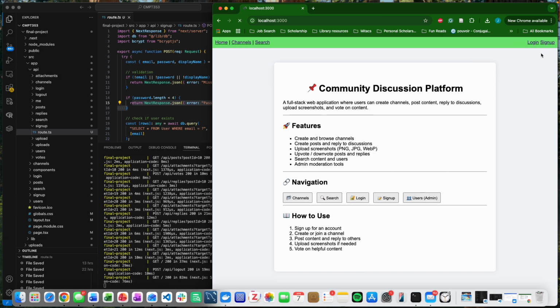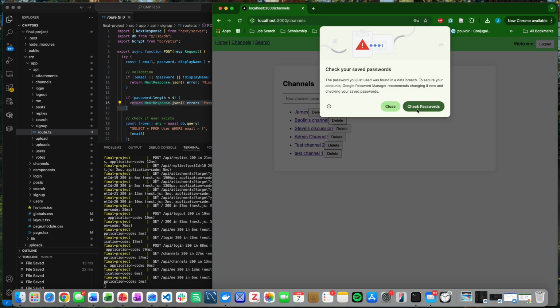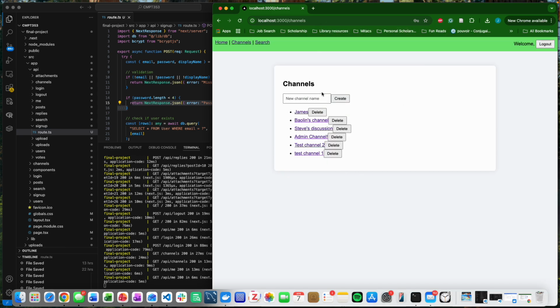So I'm gonna go log out, and now I'm gonna try logging in as the admin. So this is admin1@gmail.com, and password admin, which is all included in the README. So now we have everything. That's fine. So as an admin, you have all the things that a user can do, but you can also